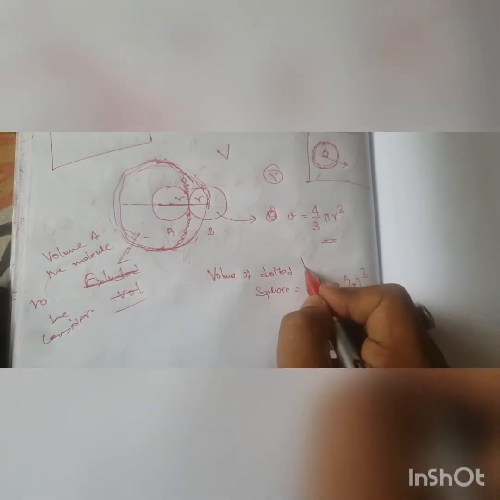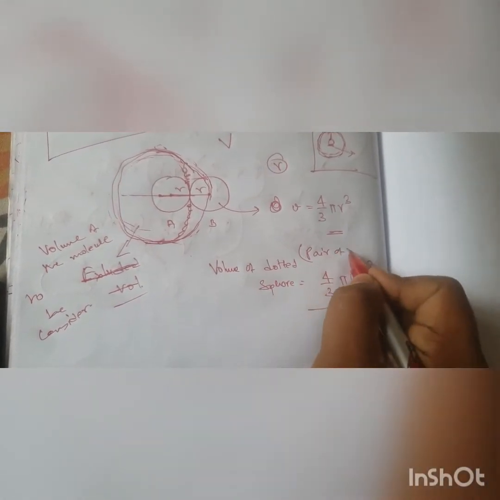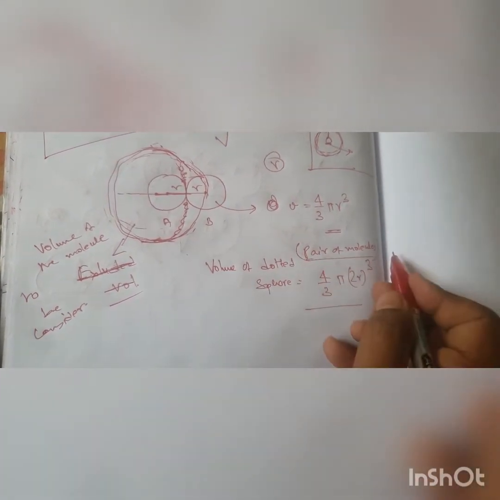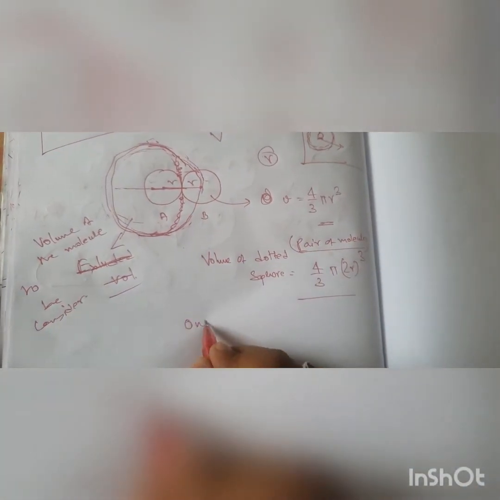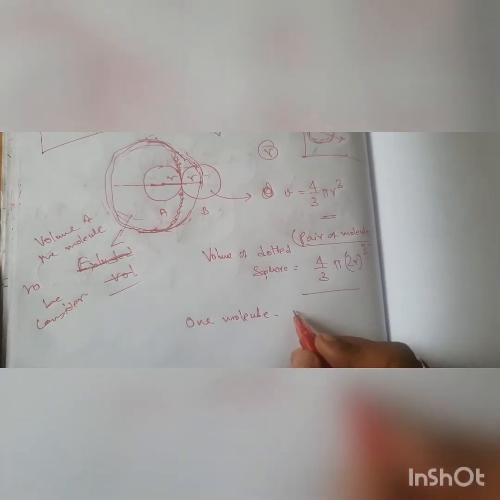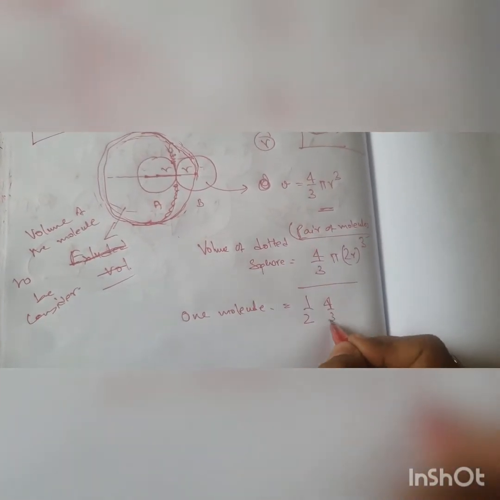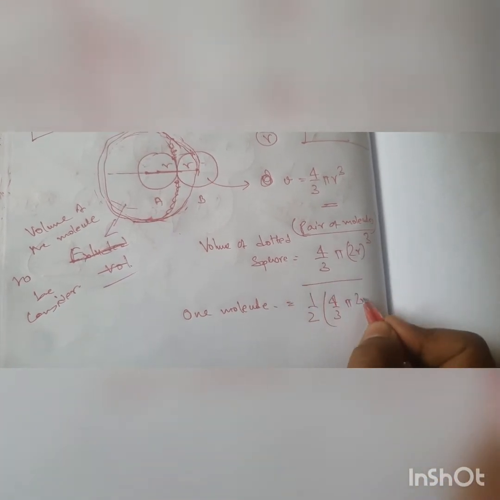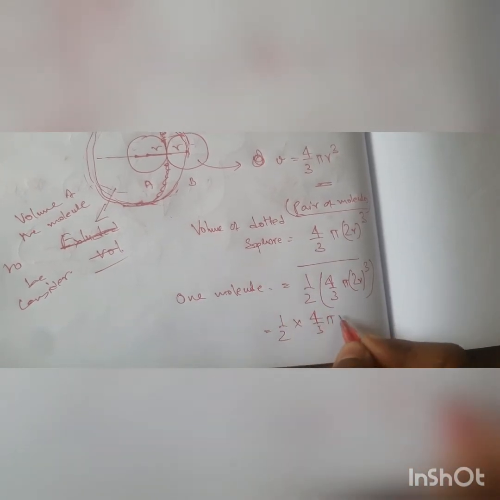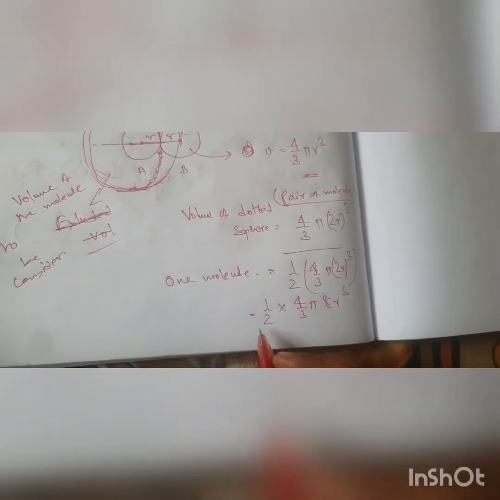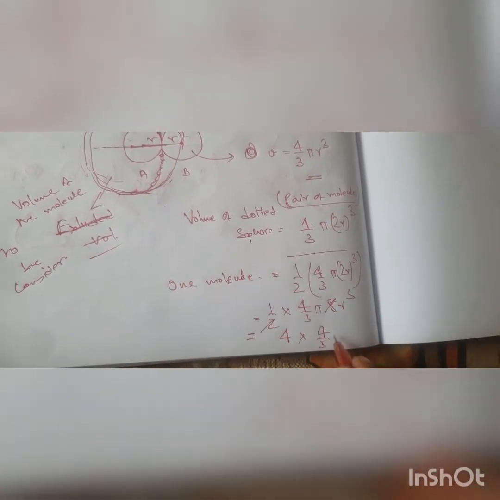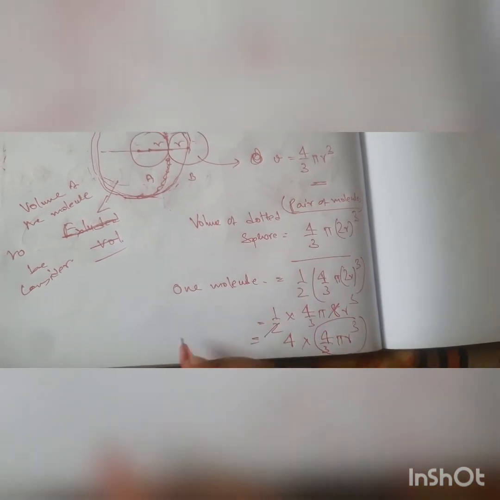So this is for a pair of molecules. This is for a pair of molecules, is it or not? So for one molecule, the excluded volume, or the volume of the molecule to be considered, should be half of 4 by 3 pi (2r) cube. So if you do it, half of 4 by 3 pi 8r cube. This 2 and this 8 will cancel, so 4 into 4 by 3 pi r cube. Now this is the volume of the molecule, so it becomes 4v.